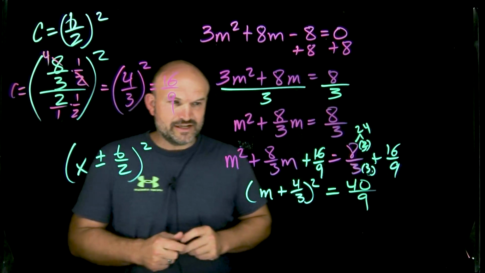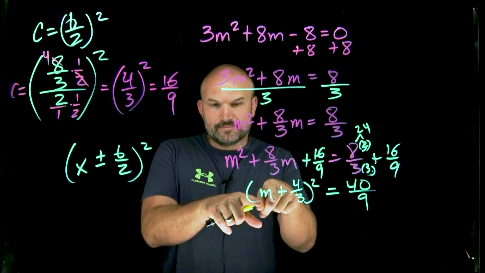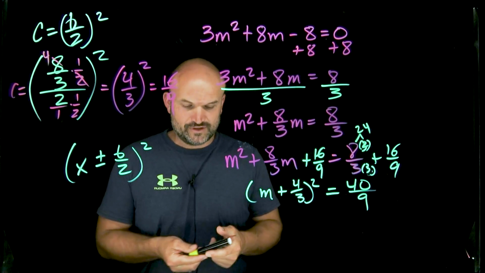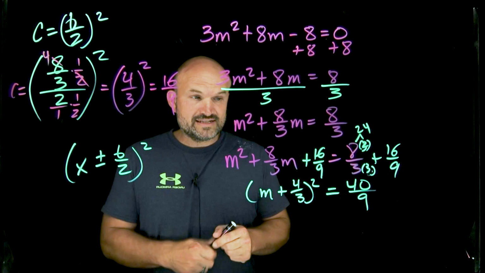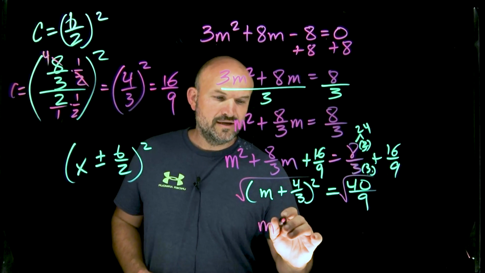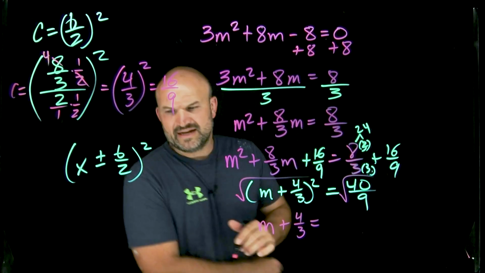So now all I simply need to do, and again, the purpose and the point of doing this is now I only have one term. You can see I have these operations. I have it squared, and then I'm adding a 4/3. So to solve for this, all I simply need to do now is take the square root of both sides. That is now going to leave me with m plus 4/3 is equal to, let's go ahead and simplify the square root of 40. That can be broken down